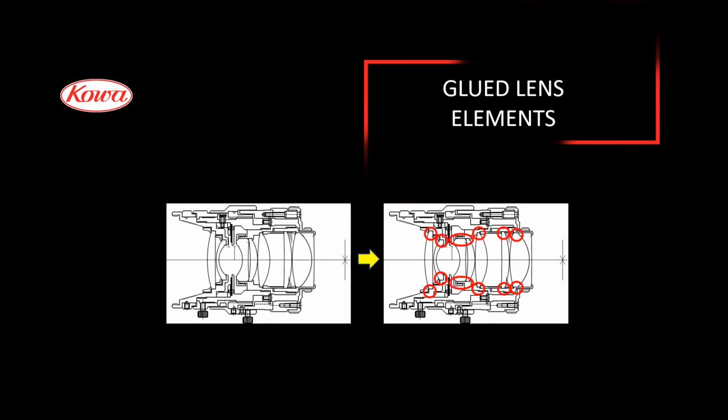Another example is glued lens elements. This means that the inside lens elements, the inside glasses, are glued to the housing from inside. This makes the lens more stable and more robust, and of course, this makes the image much more stable. This is for robotics applications or 3D measurement applications. By gluing the lens, it is avoided that a shift in the image occurs from the object plane to the image plane.